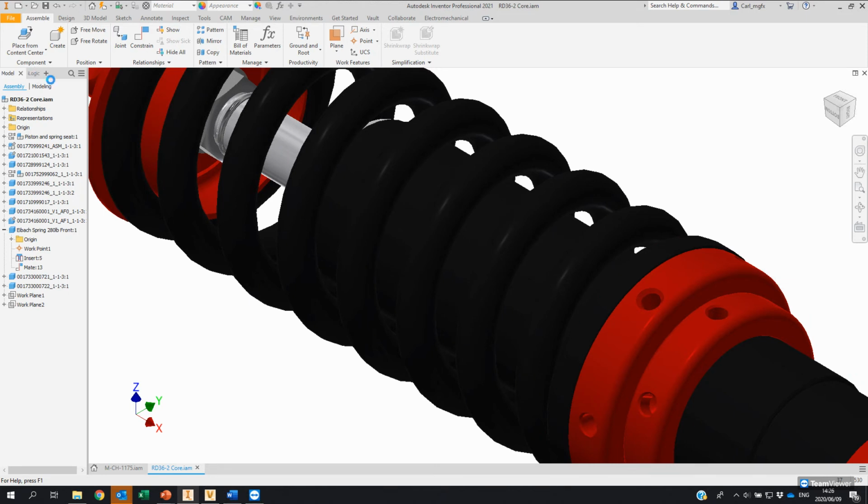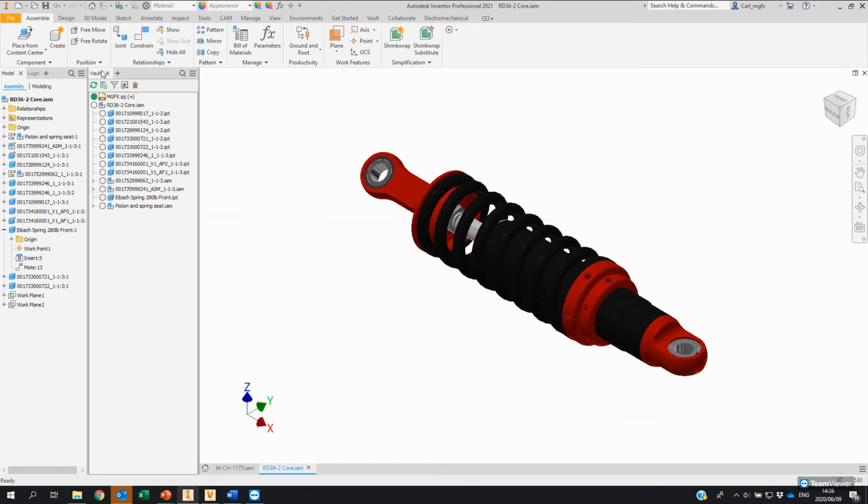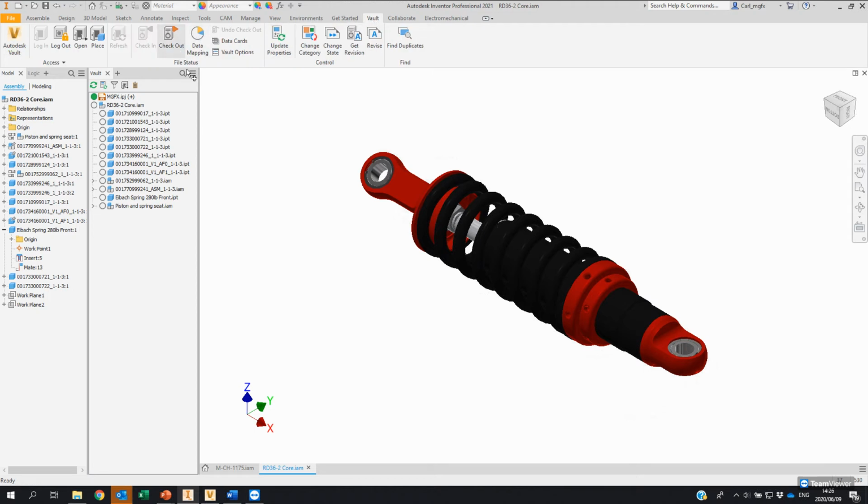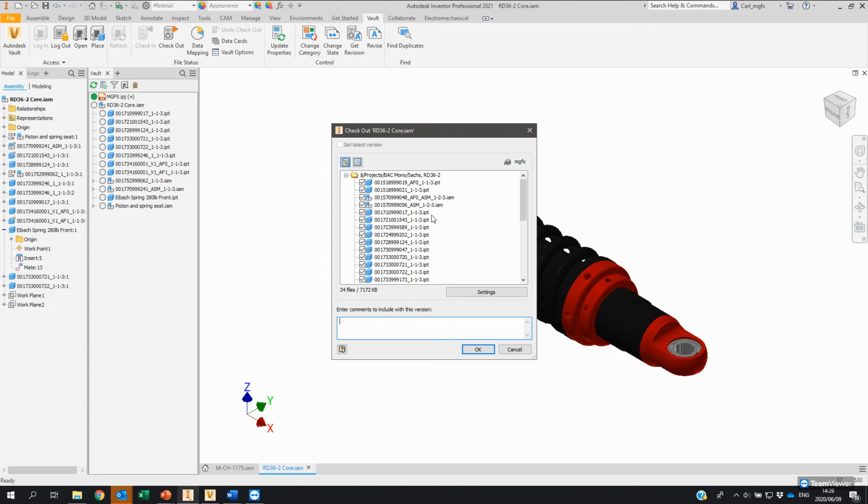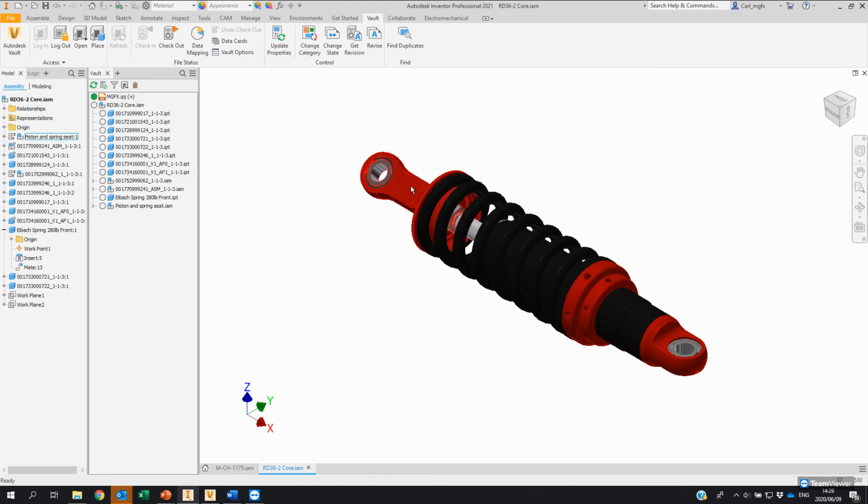I'll be able to open that up, give my Inventor a few seconds here to react. I'll be able to open that up and go to Vault and say, okay, I want to check this out and make a change to it. And when I check it out, it's listing all the components that exist within this assembly. So I can actually check out all of those if I want to, or select only a few to check out. And what I was thinking of doing is just taking this piston and spring seat and making a modification